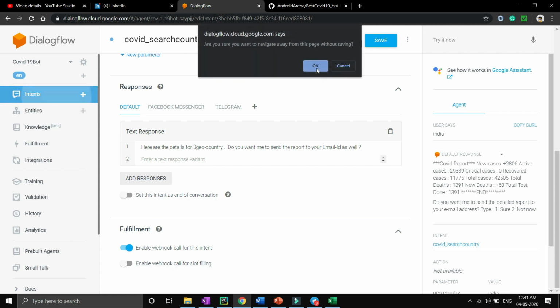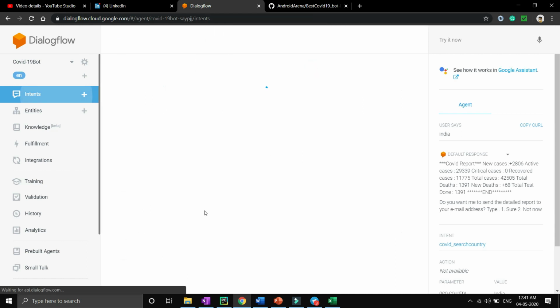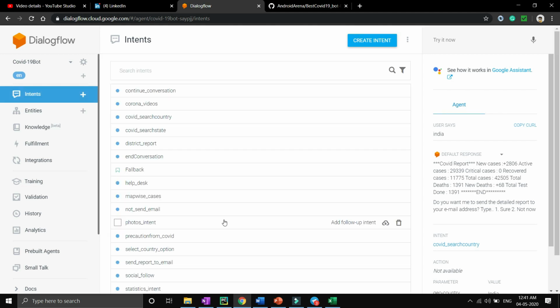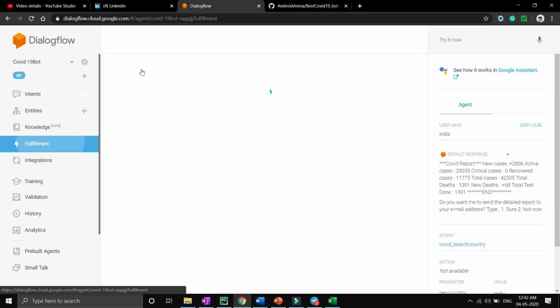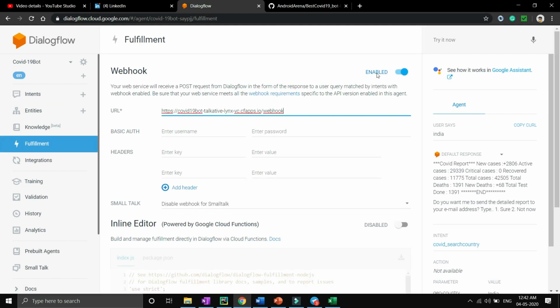You can see over here, I have enabled it for search country, and I have enabled it for all these intents, because we also have to save the user and bot conversation in our MongoDB database. Also, you need to go to the fulfillment part, and then you have to enable the webhook option. We will see how to generate this URL later in the next tutorial video.